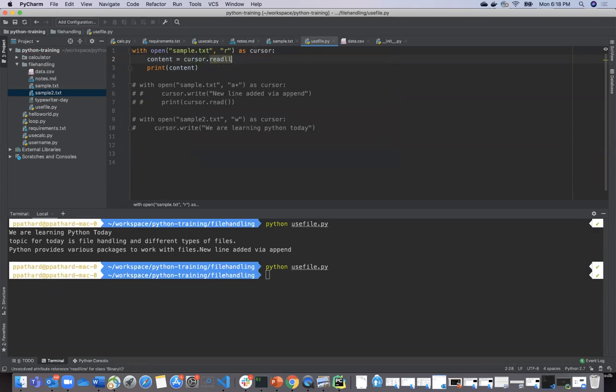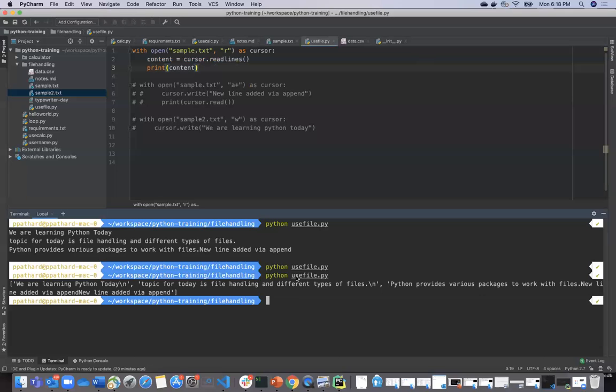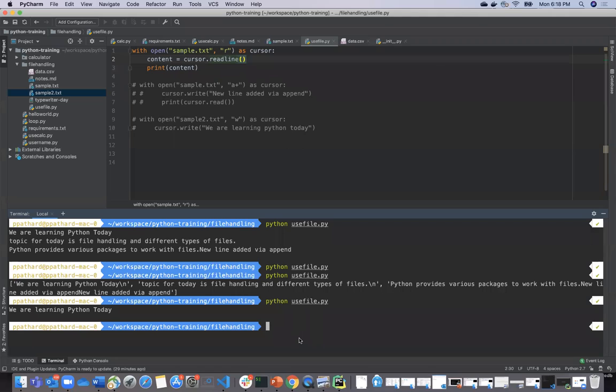You can also use a functionality called readlines, which provides you a list. Now let me print this. It should print the list of lines, because I used readlines. Let me use only readline, so it should give you only a single line. So this is the difference between readline and readlines. Readlines is giving you basically the list of lines that are there in the file.